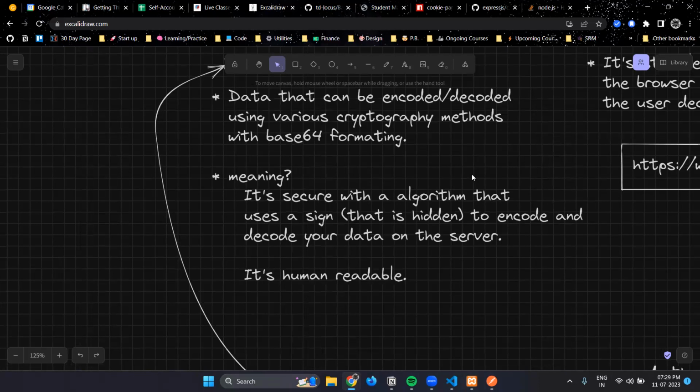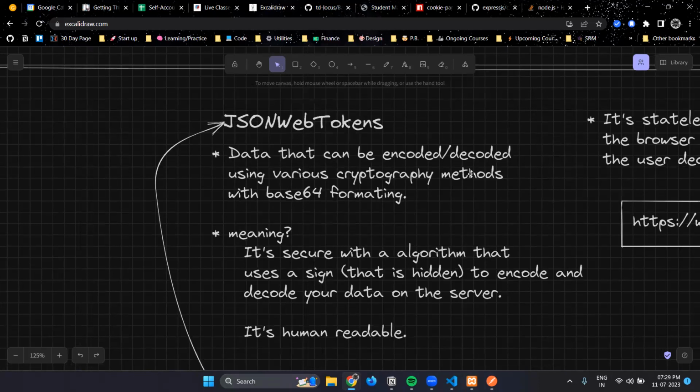Over here, you can set data just like a cookie, but here you have access to various algorithms with which you can encode and decode your data. These algorithms are basically called cryptography methods. Maybe you must have seen RS-256, EC something. There are many algorithms that this JWT supports. And they obviously come with base 64 formatting, so it's readable to humans as well, but it's tough to decode because while you might know the algorithm, it comes with a layer of security called